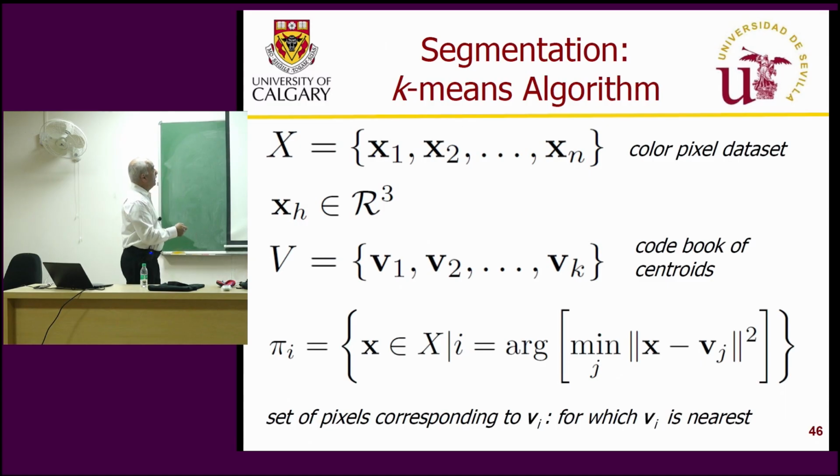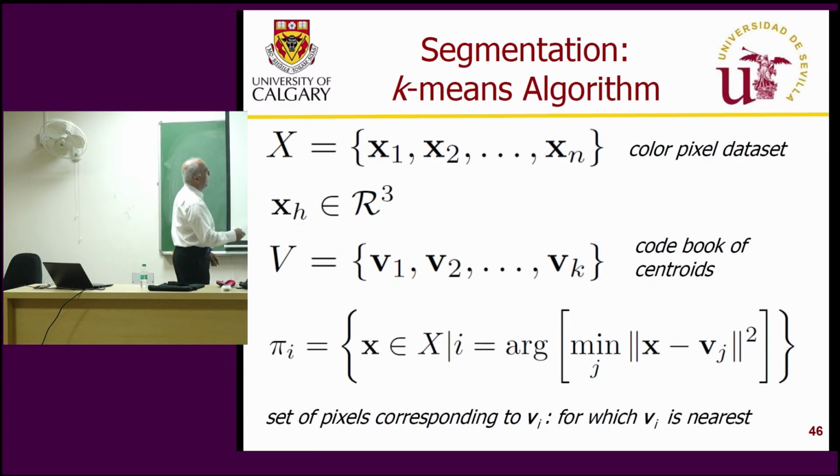So we have a pixel data set, x1, x2, each one of them a vector in R3. Now I'm talking like our colleagues, R3, R2, and all that. I usually don't use this. I say in the 3D space of RGB, but in the R3 space,